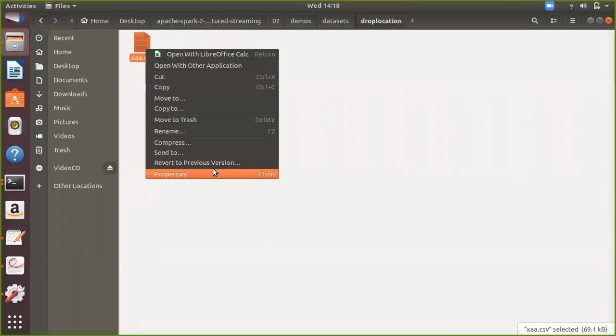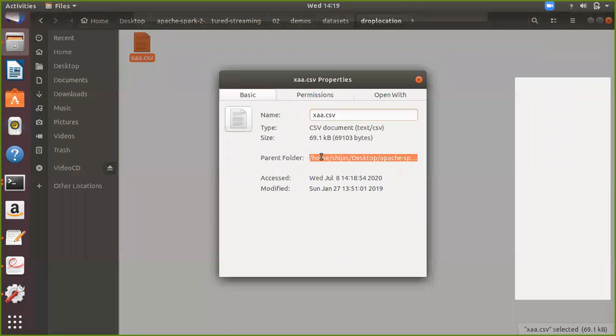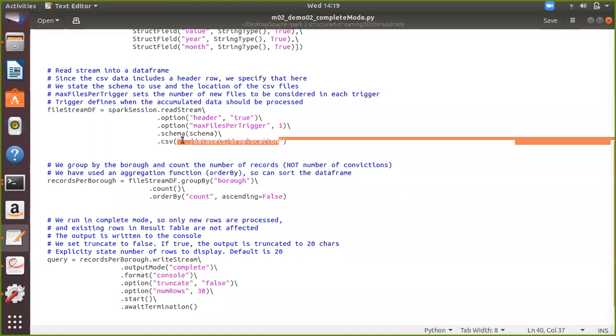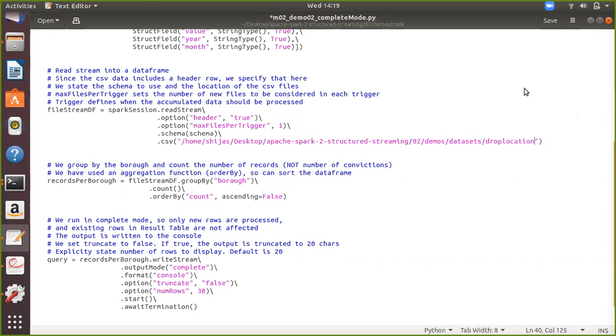The location I will just copy from here, and this is the location. I am mentioning the complete path here, and the drop location. Here we are taking all the files; it will consume all the files which are dropped into this particular folder.